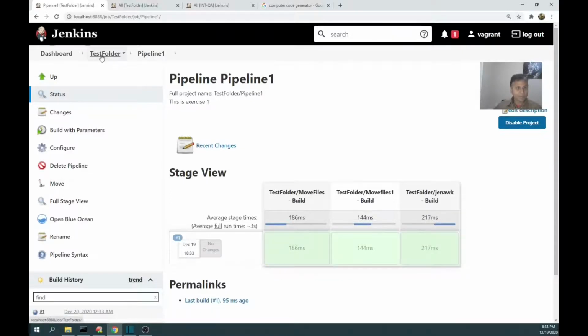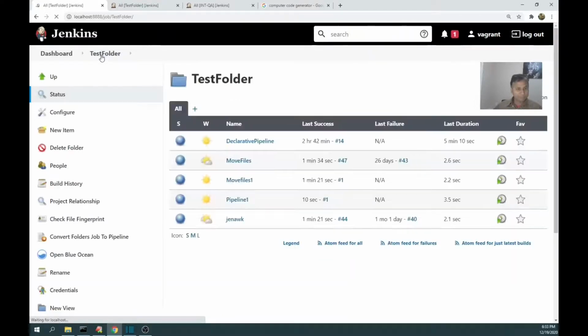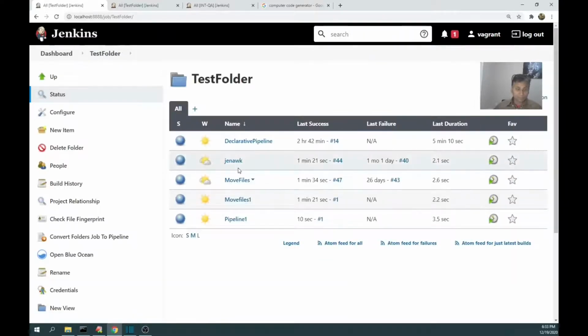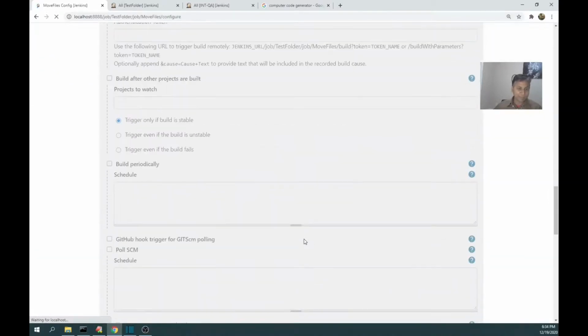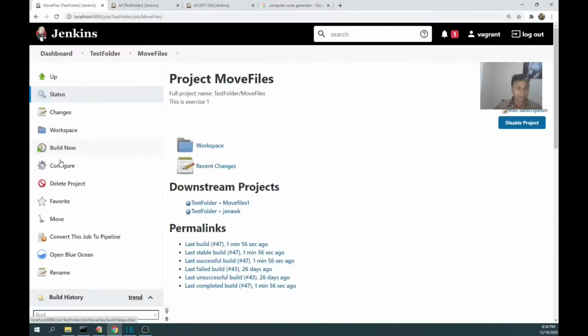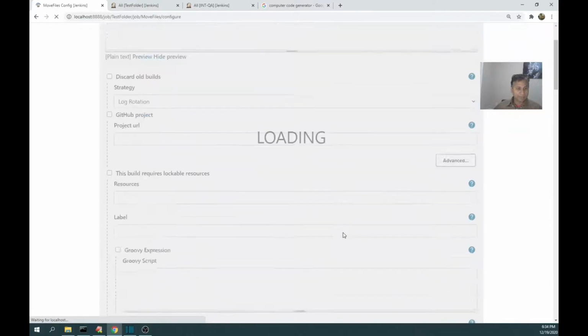Now I will show you the other way of doing it. One more thing we need to make sure of: from the move files job, I don't want this dependency anymore because I already generated a pipeline. Let's go to configuration. I am trying to remove the dependency.